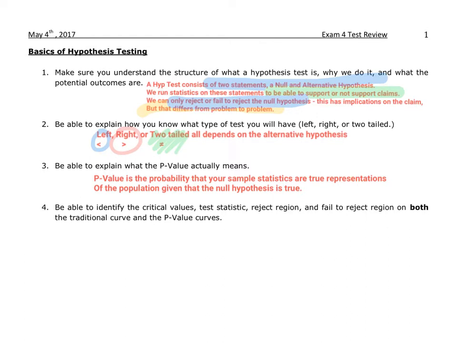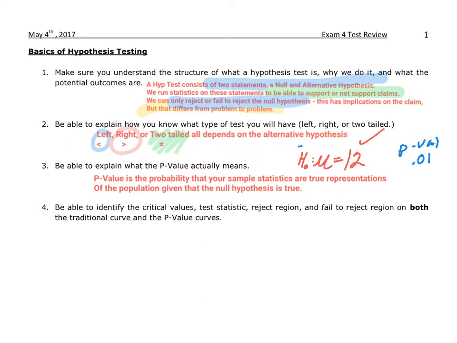So whether your null is talking about the mean of some value being equal to 12, if you assume this is true, and then you get some data, some p-value, and you find out that your p-value in your situation is 0.01, that's a pretty low p-value, so we're going to reject our null hypothesis, meaning that this is